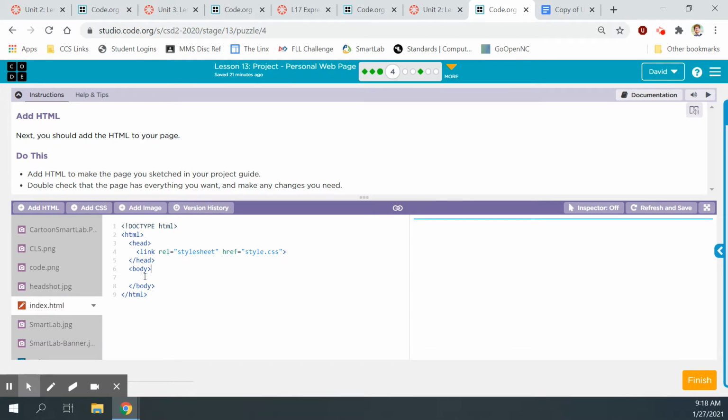Whenever you're putting your text in, it's always inside the body tags. So think of the body as your actual website. Body is your actual website. So make sure that anything you want to appear on the website is between the body tags. So let's get started